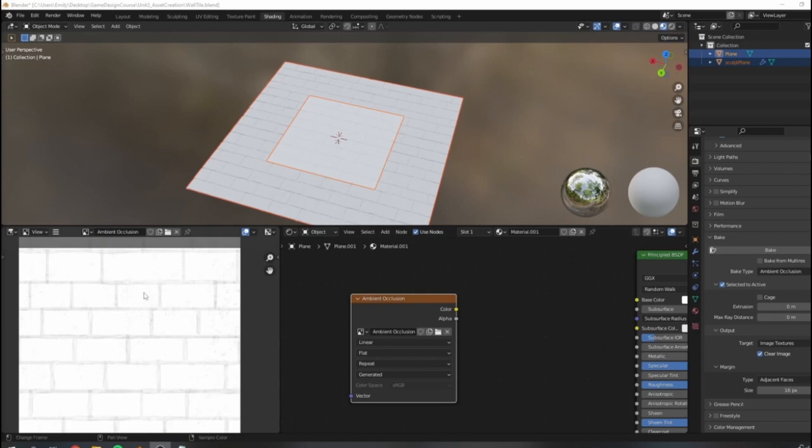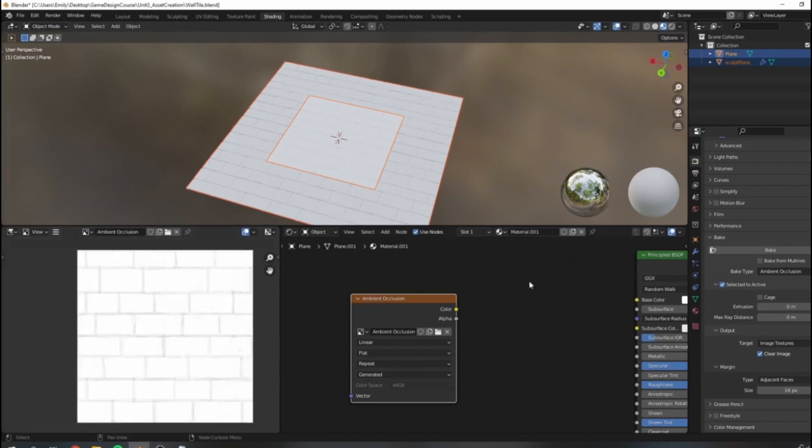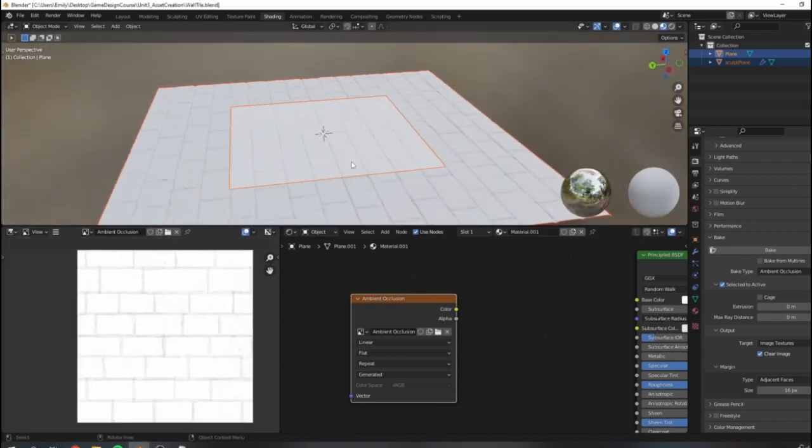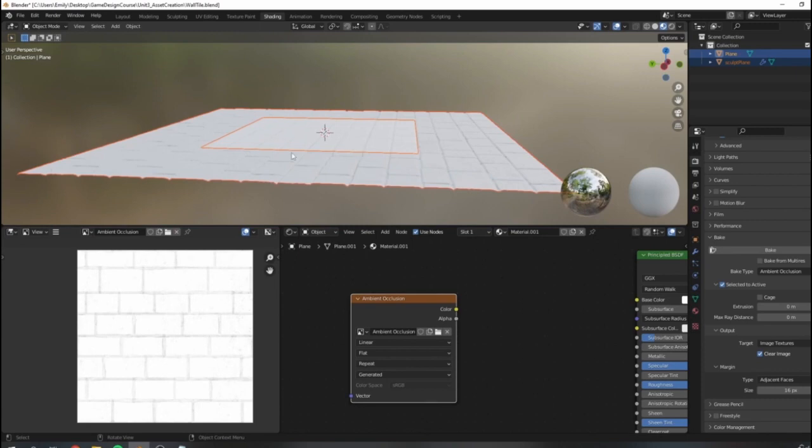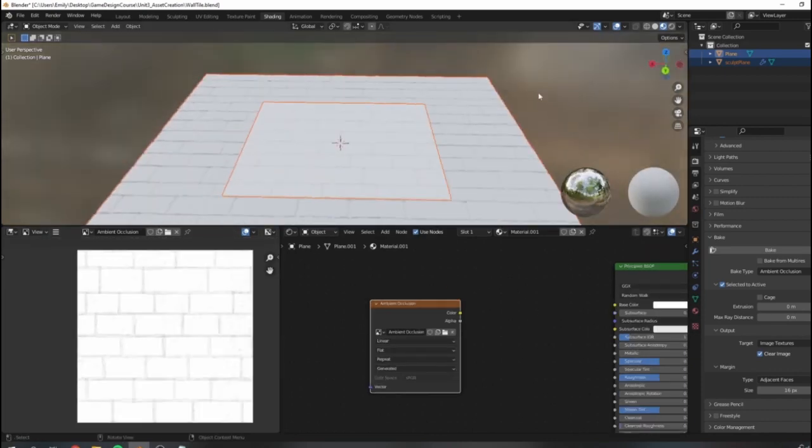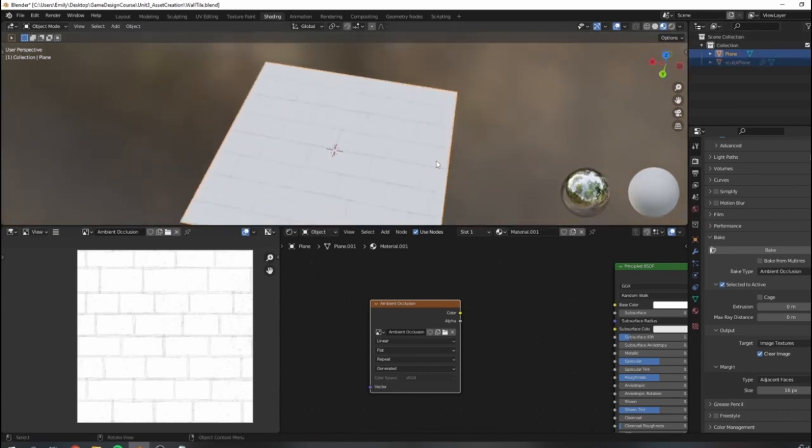Okay, so this was the final output bake for my ambient occlusion after I raised my plane up ever so slightly in the Z direction. And this is what the ambient occlusion for this piece should look like. So if we want to visualize this on our plane here, we're going to do this in a similar way